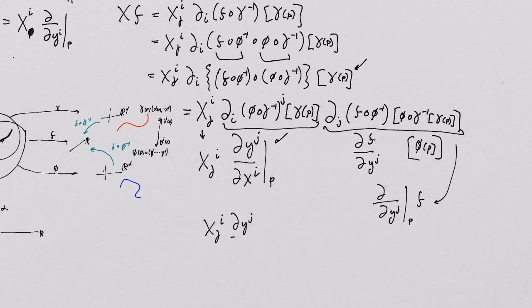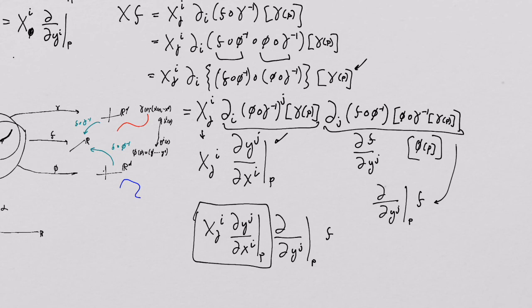dyj dx I, evaluated at p, times d by dyj, evaluated at p, acting on the function f. And ultimately, the whole point of all this is right here, right? This I just rewrite as x phi of I. And now I have my